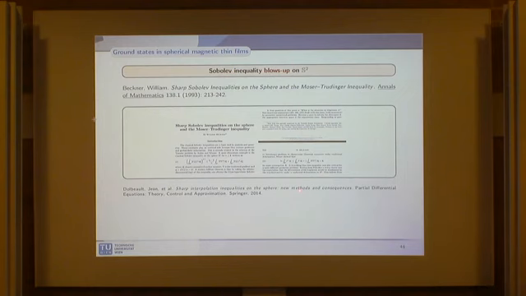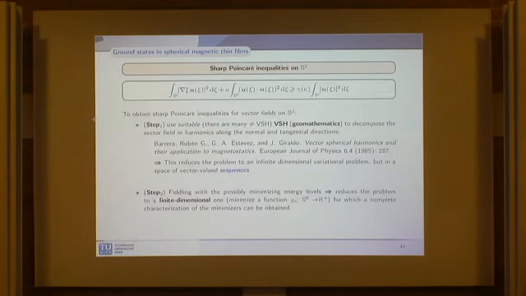So the idea was to use vector spherical harmonics. While scalar spherical harmonics are quite standard, you have many different vector spherical harmonics, and you have to use the right one depending on your purposes. These vector spherical harmonics are actually quite used in geomathematics. So we used vector spherical harmonics, and we were able to reduce the problem to still an infinite dimensional one, but on the space of sequences, as is classical in this setting.